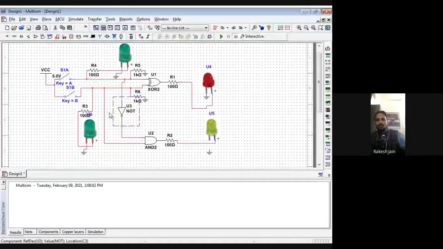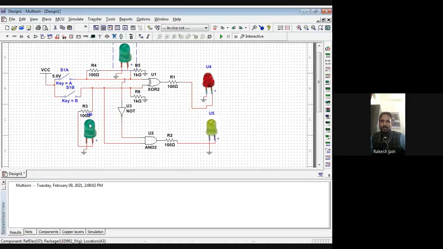Whenever the switch is open, it means input is not present. Then those two inputs are also connected with the AND gate. So I require one more AND gate. They are connected with the AND gate such that the first input is connected via a NOT gate, so I connect a NOT gate in between on the first input line of the AND gate, and the second input is directly connected.